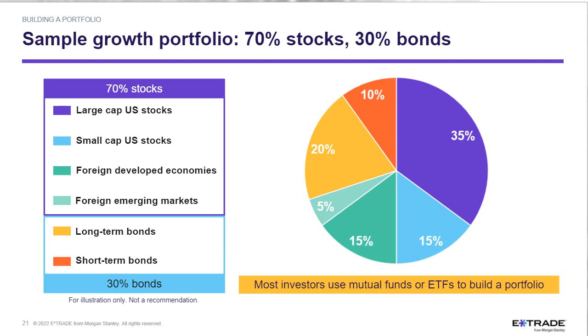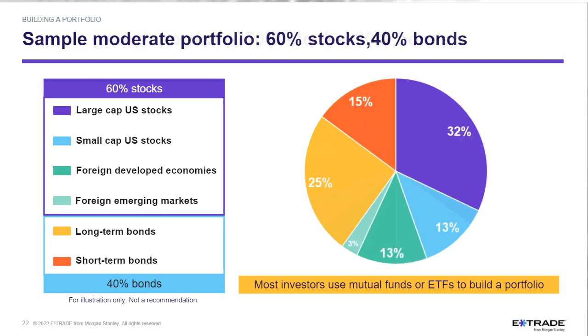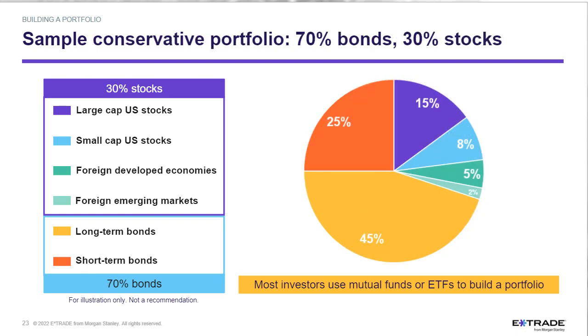And so on the next slide, you can see I've now dialed the allocation of stocks lower. So now we're holding 60% stocks, and we've upped the allocation to bonds. And the bond portfolio now represents 40%. And then if we were to be very conservative, income-oriented, perhaps someone in retirement who no longer needs as much growth in the portfolio but is more interested in capital preservation and stable value and income, well, then we start tilting that portfolio to a greater allocation of bonds.